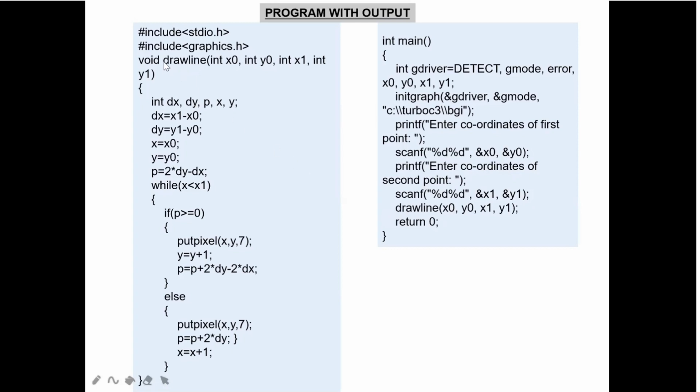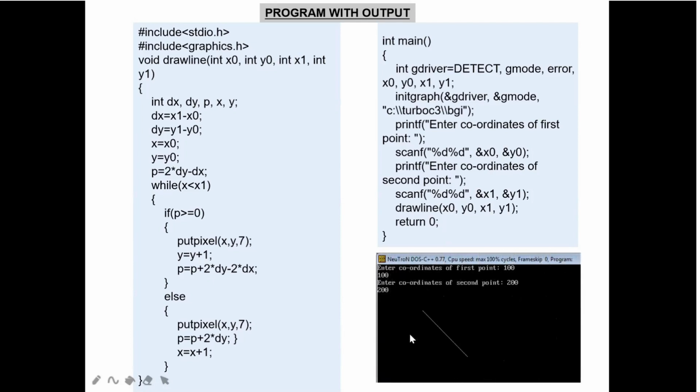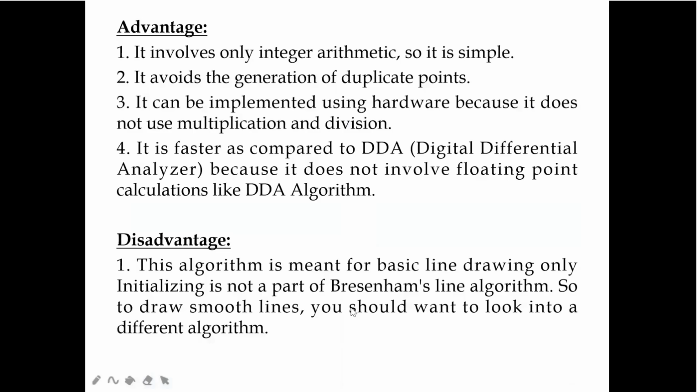I have used a function here whose name is drawline. Once our cursor comes here in the command prompt, it will go directly into this function and start executing. Then you have written the return type of the function. So this is how we are going to write the program in OpenGL. You can see the output here also. You have to enter the coordinate points. For the first coordinate point, suppose 100 comma 100, and for the second coordinate point 200 comma 200, and you are going to get the line.